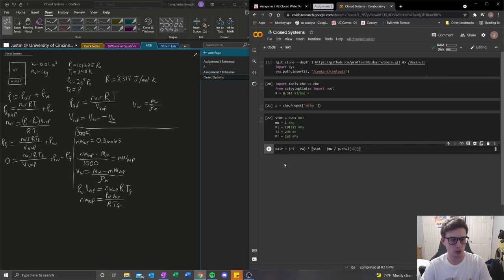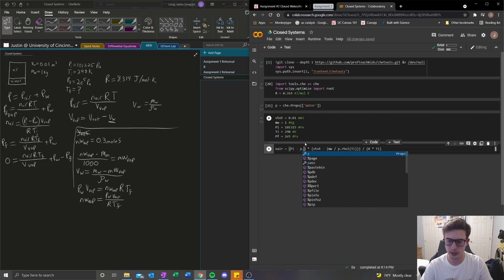Alright, so now that we have the water, VVAP, so minus. Alright, so now we just need that divided by our gas constant times our initial temperature. And let me just go through and double check and make sure I didn't make any mistakes. We've got initial pressure. Oh, I need to define what our water pressure is using that Antoine equation feature that I was talking about. And so we have that is equal to